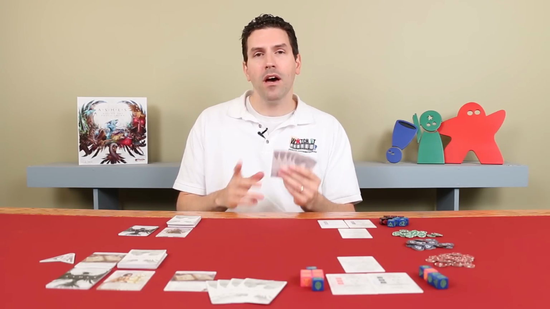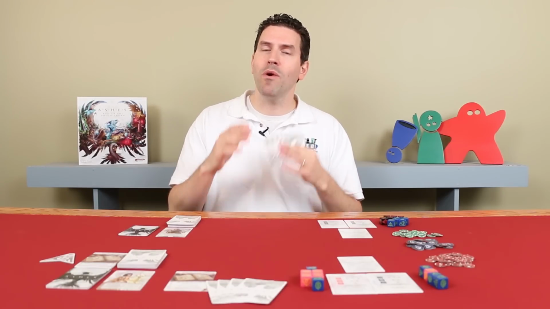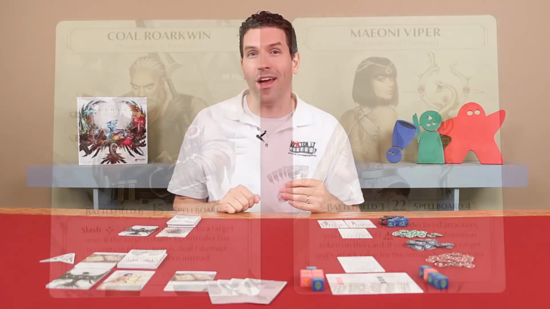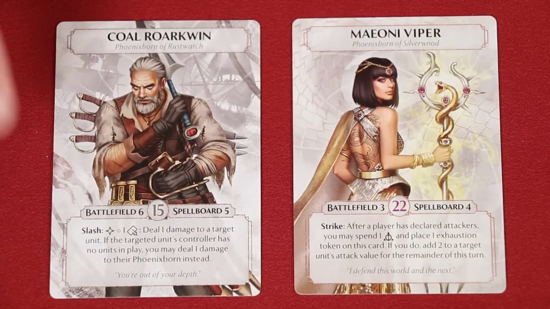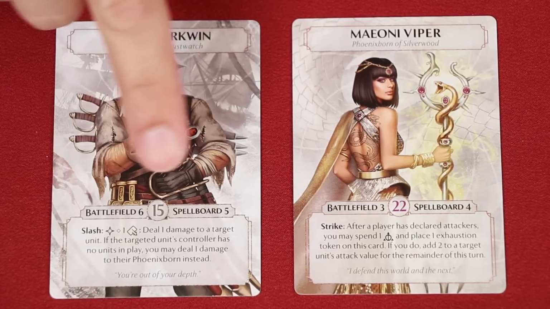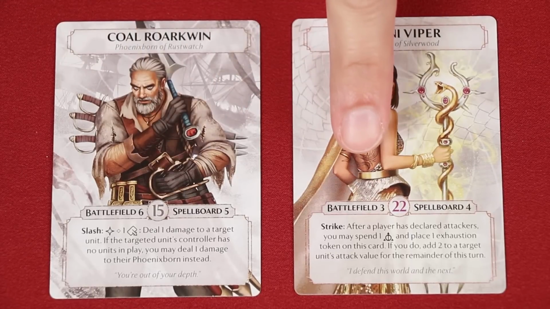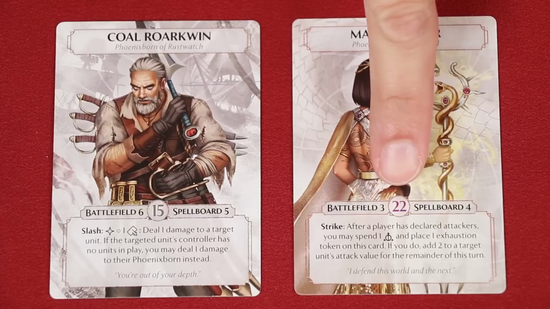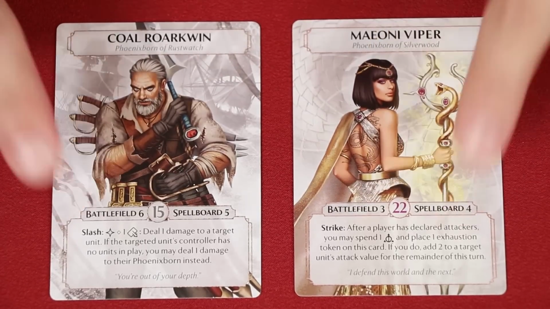In this way, although it requires a sacrifice, as a player you will have options to get those resources you desperately need. Another unique aspect of the gameplay is that each player will be restricted to a maximum number of units and spells they can have in play at any one time. These limitations are dictated by the Phoenixborn that you've chosen. For example, the player with Cole Rourkwin will be able to put out 6 units in the battlefield and 5 spells on their spell board, while Maoni Viper can only put 3 units in the battlefield and 4 spells in the spell board. However, she has a higher